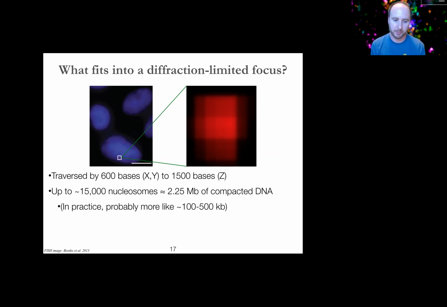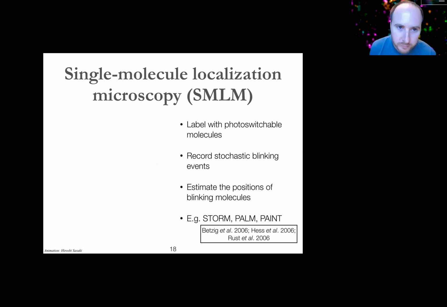But what this is telling you is that, and many proteins can fit there too, a lot of the length scales that are really relevant for biology that people are excited to understand, like enhancer promoter interactions and localized folding and gene bodies and things like that, that's going to be completely invisible no matter how much money you spend on your high numerical aperture objective or whatever else you can do to try to make your light collection as good as possible. The diffraction is just fundamentally bottlenecking things at this length scale of hundreds of kilobases or so in terms of our ability to resolve information.